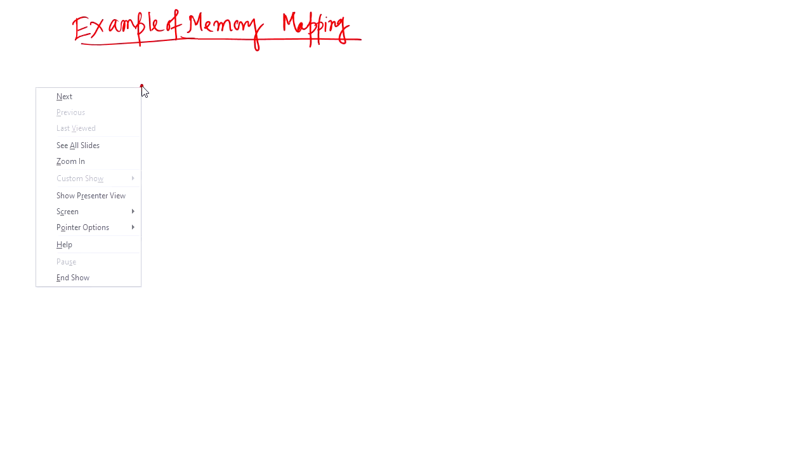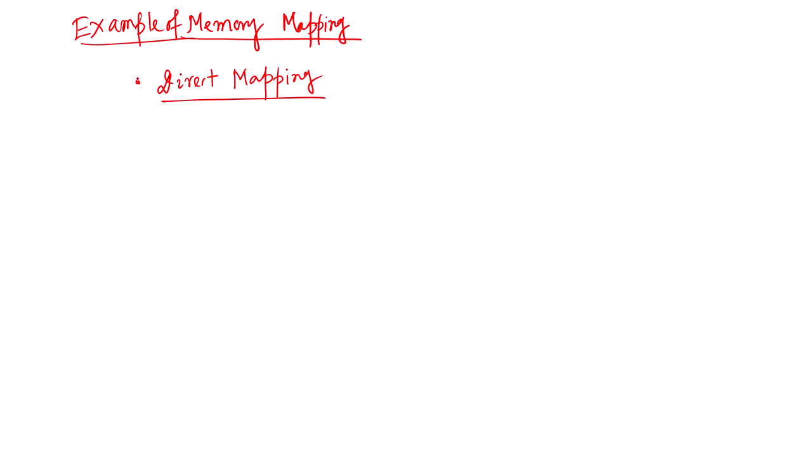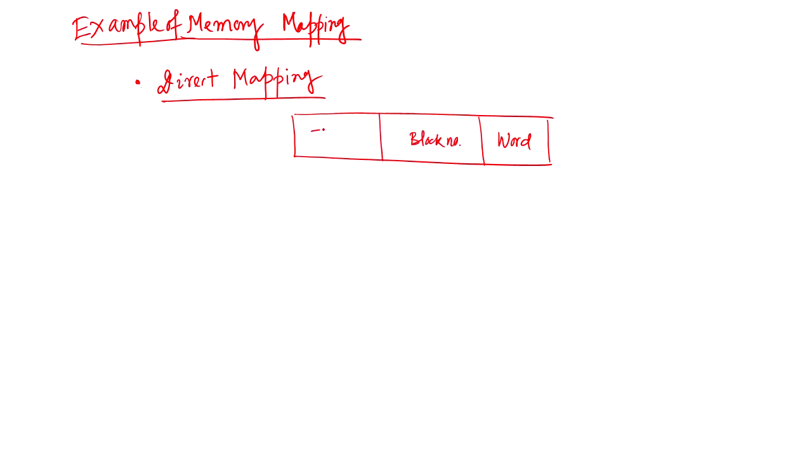So, we are talking about memory mapping, because in the last 3 classes we talked about memory mapping that can be divided into 3 major classes. One is direct mapping. If you remember clearly, in direct mapping, the main memory address is divided into 3 parts. One is the word, another is the block number or cache line, and another is the tag. And then we talked about